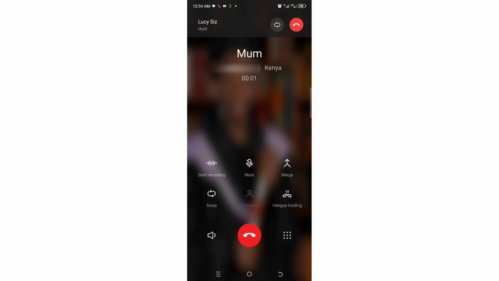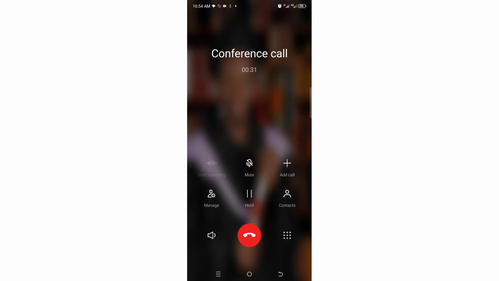But let me show you. From there, now you're supposed to click merge. And after you merge, now you can see the interface has changed to conference call. So you can add as many contacts as you can, and you can converse using one source contact, because now this conference call is hosting 3 people, but it can hold a conference of as many